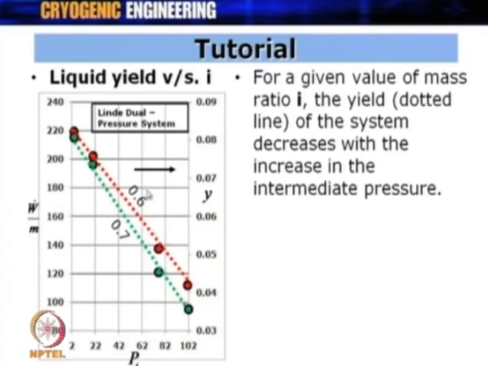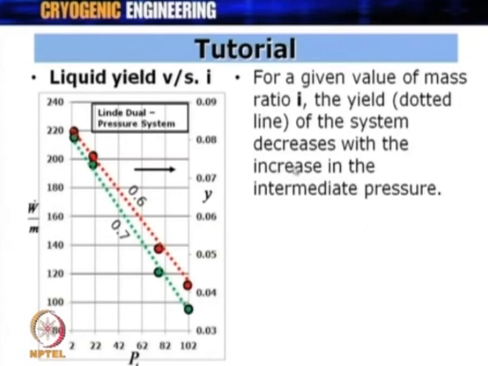The second aspect to understand is that as the intermediate pressure increases, the intermediate temperature in the TS diagram also increases. The intermediate temperature in the dome also increases. If you remember, there is a dome and we got a point at the intermediate pressure and temperature, and this intermediate temperature starts moving toward the critical temperature value, going up the dome. Therefore, when the second expansion happens, it will happen from this intermediate temperature, and again at this point,